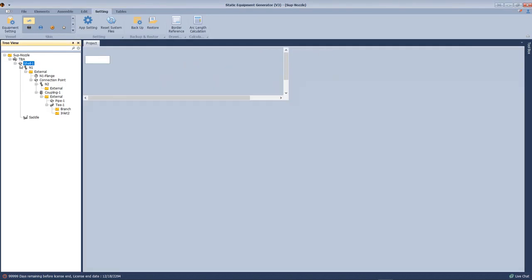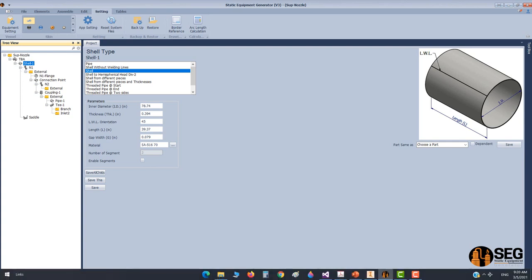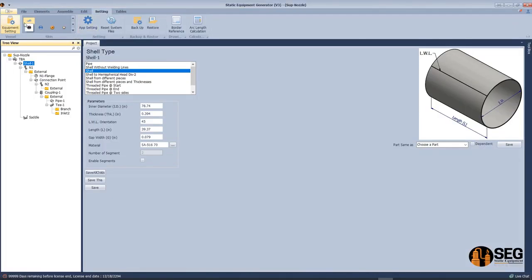Now let's come back to the shell. You can see that all dimensions are converted to inches. Okay, but those dimensions in the Inventor model, you can make in millimeter or inch. It's up to you. For example, here, if we open the assembly of the equipment